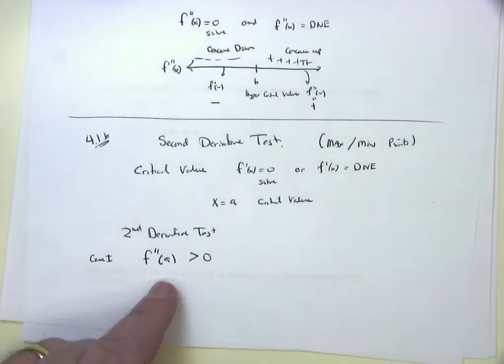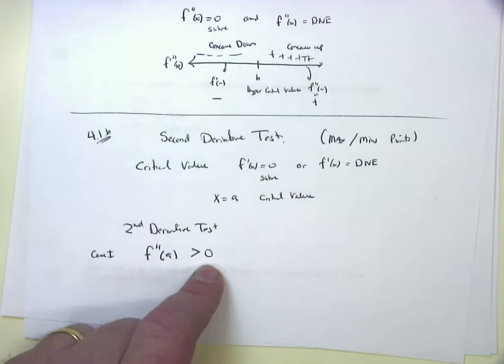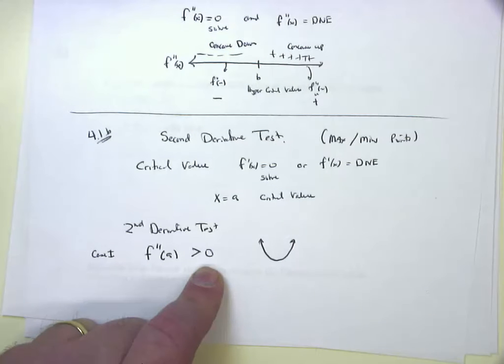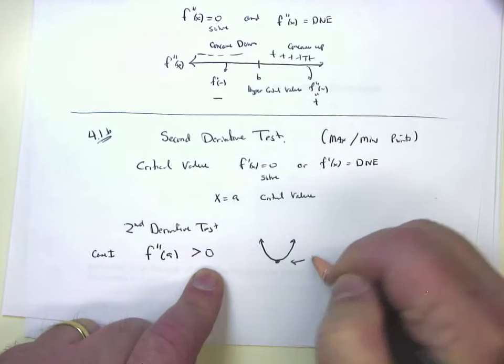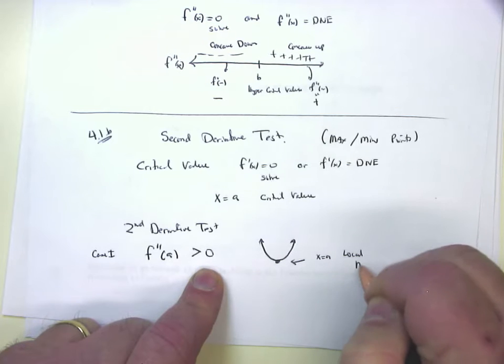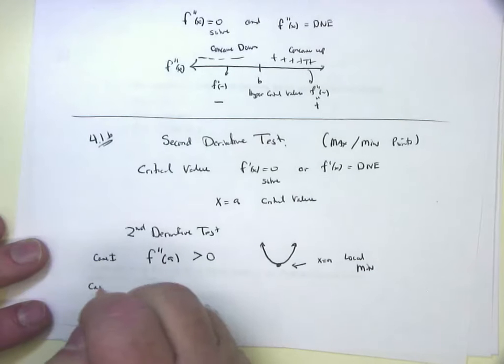If the second derivative, which measures concavity, is greater than 0, what kind of concavity do you have? It's going to be concave up. But if you've got a critical point, where does that critical point have to be? It's going to be on the bottom, which makes x equal a a local minimum. Does that make sense? And case number 2,